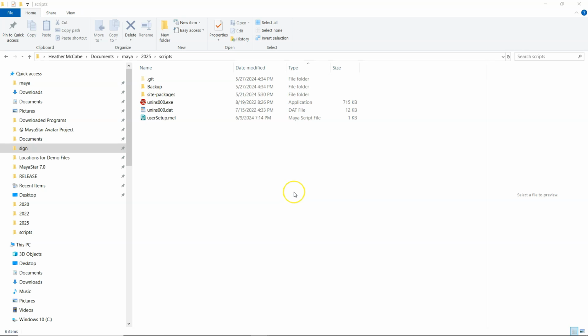Okay, so let's say you're updating MayaStar. Well, there have been a few changes. You may have noticed that you didn't have to navigate to where to install MayaStar. Optimo and I talked it over, and we decided that instead of installing MayaStar into the scripts folder where you normally would install it, you know, documents, Maya, the year or version of your Maya, and then inside the scripts folder inside the year, we decided to install it elsewhere because